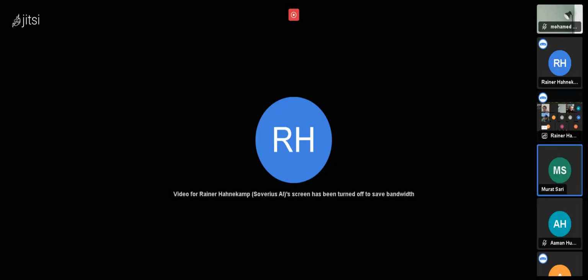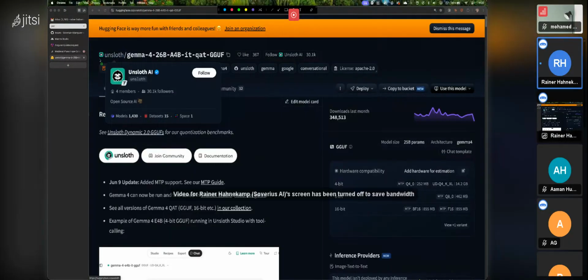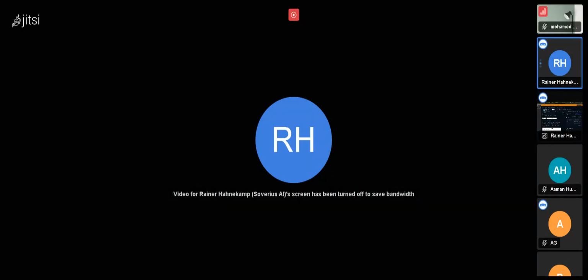Yeah, I see it. So this is the place where Llama was downloading it automatically. I said to you already before, I'm just providing here the name of the model. And it was actually that. So if you remember, it was Unsloth. This is kind of the provider, in this case of Gamma 4. And what is important here?